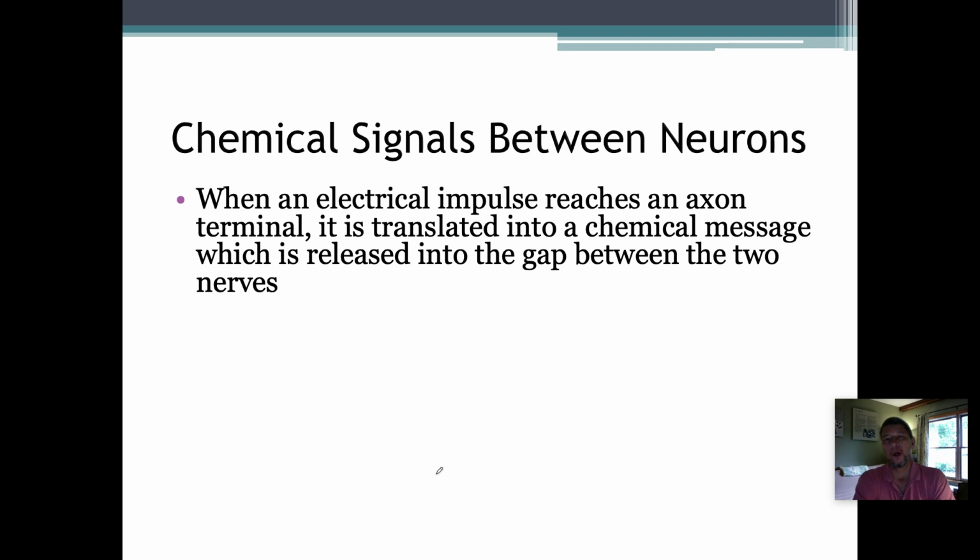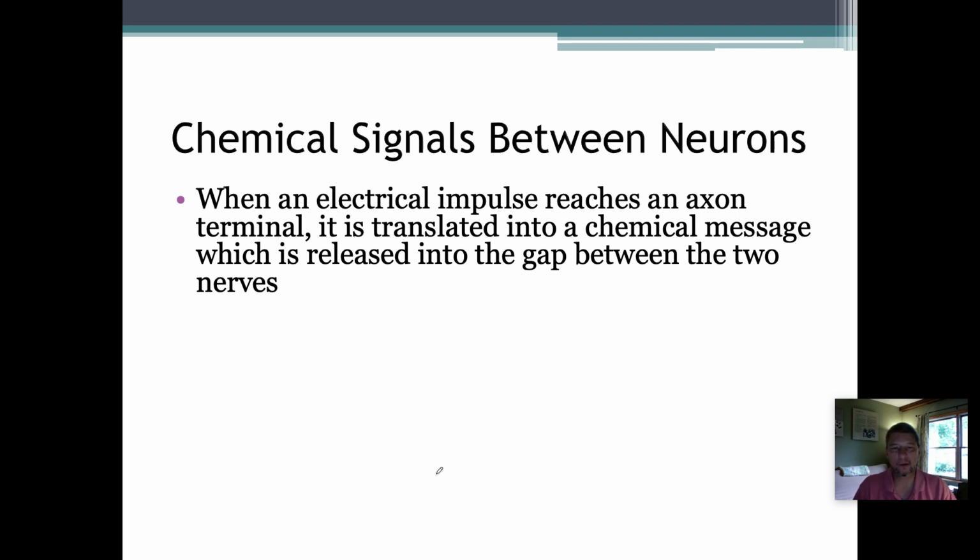Okay, so we've talked now about how chemical signals travel down the length of a neuron, from the dendrite to the cell body to the axon. What happens when they reach the end of the axon, and that signal then needs to be transmitted either to another axon or possibly to a muscle or a gland or some other organ in the body? All right. Well,